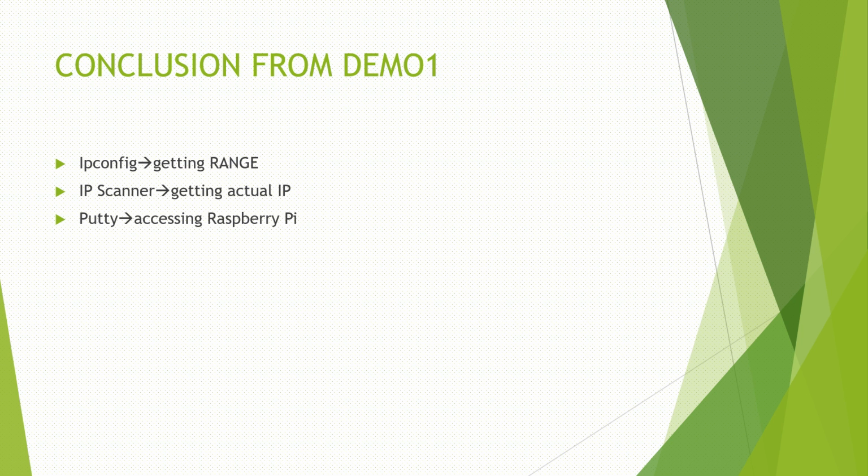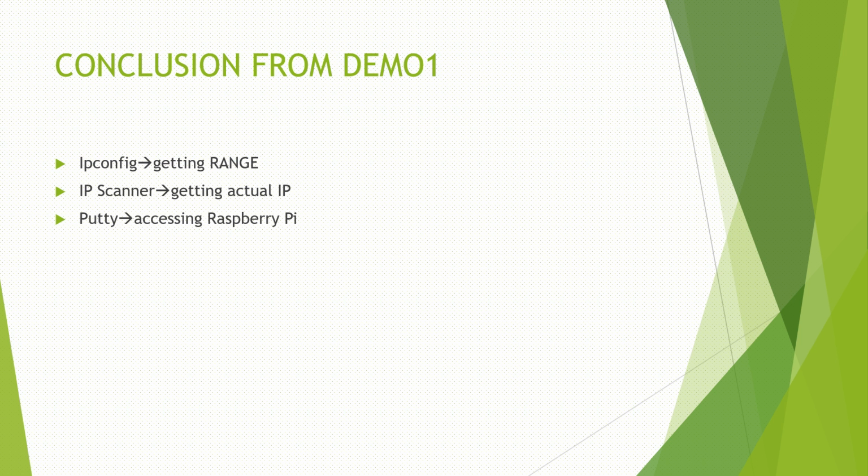command prompt. Now, what is the role of the IP scanner? Whenever we supply that range, it scans from 1 to 254, and it shows me the actual IP address assigned to the Raspberry Pi. Not only the Raspberry Pi, but each and every device. So it is a very important, very powerful application, the IP scanner. After getting the actual IP, then on PuTTY I access our Raspberry Pi. Okay, fine. Now today I'm going to discuss that in PuTTY we have one basic way,